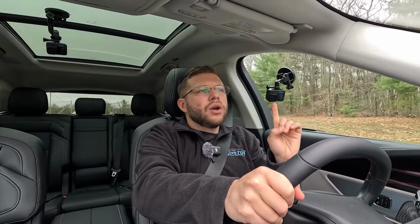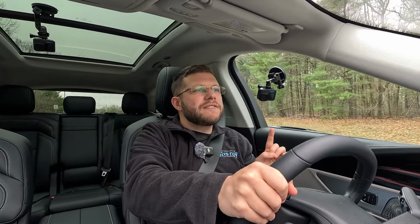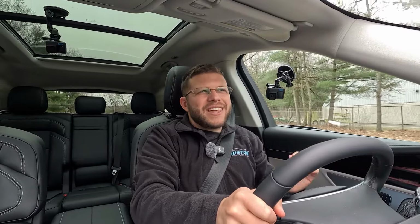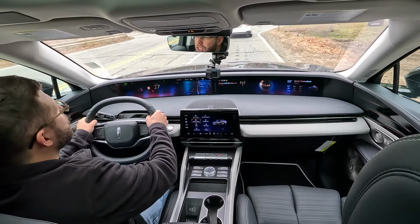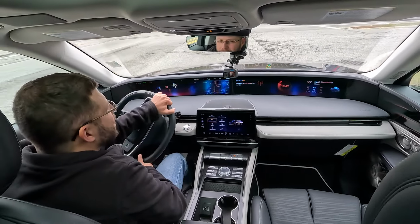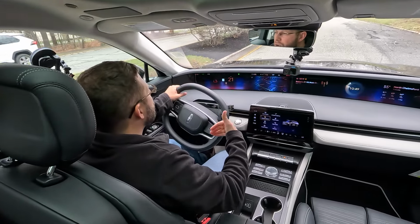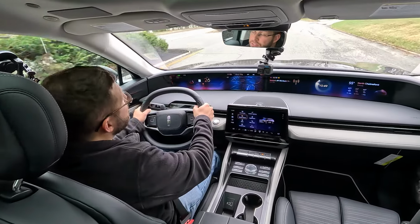Now, seat positioning wise, you do sit pretty high up in this model, but one thing I do like though, despite the fact that the suspension isn't sports tuned and you do feel as though you're gliding over the roadways, is that I don't really feel like I'm sitting on top of this SUV. I feel like I'm a part of it, which is exactly what I'm looking for. If Lincoln isn't going to give us a sports crossover or SUV at this price point and for a vehicle of this size, I at least want to feel as though I'm a part of the driving experience, and Lincoln's